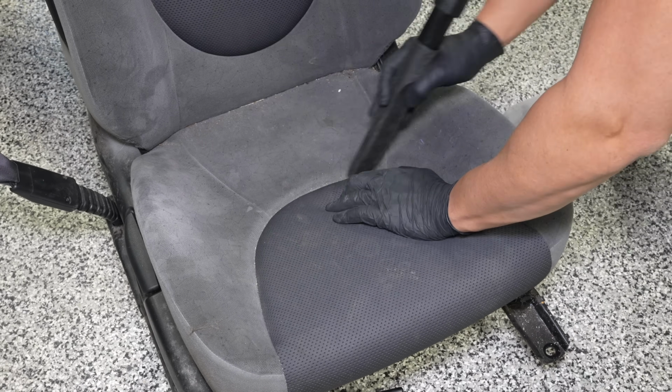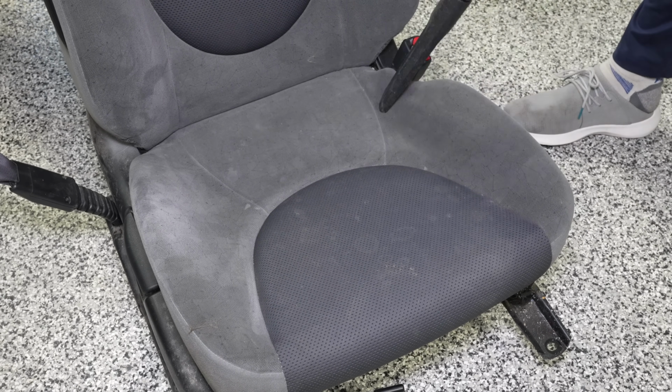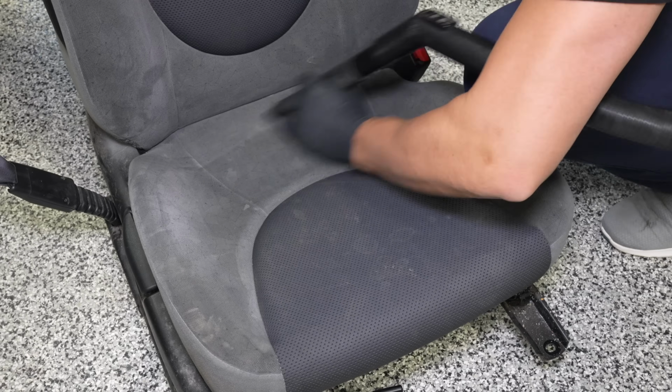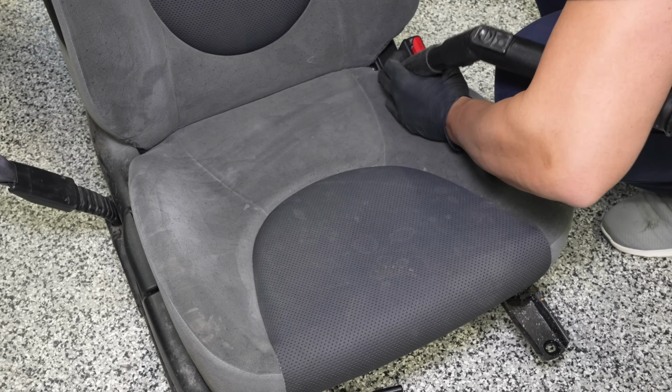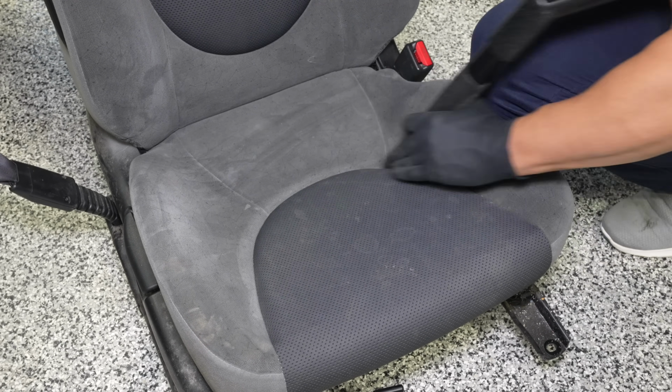Moving to the seats now, and as you can imagine, there was quite a bit of dog hair on the seats too, which because of the type of material Honda used, was incredibly hard to remove. How easy dog hair is to remove is usually a function of the type of dog and the type of material it's stuck in, and even having used the Lily Brush in a few spots today,